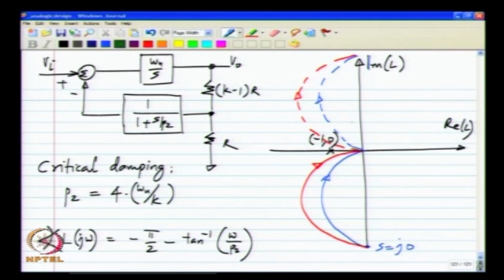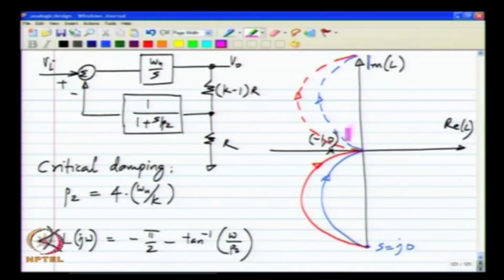What we do is to say that if it comes closer and closer to this -1 0 point, then there will be more ringing, and this is because this -1 0 point is the critical point, and if the loop gain comes very close to this, what happens is 1 plus loop gain becomes a very small number, and closed loop gain V naught by Vi, which has 1 plus loop gain in the denominator, becomes a very large number. So that signifies ringing at some frequency. That means you have a lot of gain at some particular frequency and there is ringing at some frequency. So essentially we would like to steer clear of this point -1 0, and to impose a quantitative criterion, what we do is